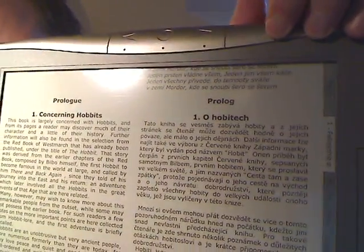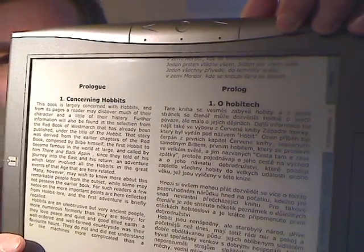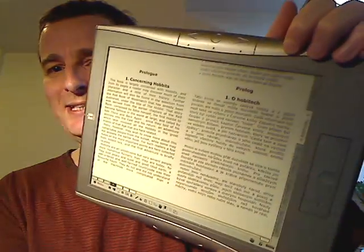So here's the first one I'm going to show you, just as samples of the kind of things you can get. A prologue about hobbits, and this is Tolkien's The Fellowship of the Ring, a 298-page PDF which I can read very easily when I'm on the move on my ebook reader. If you have an ebook reader, they're perfect for something like this. If not, you can